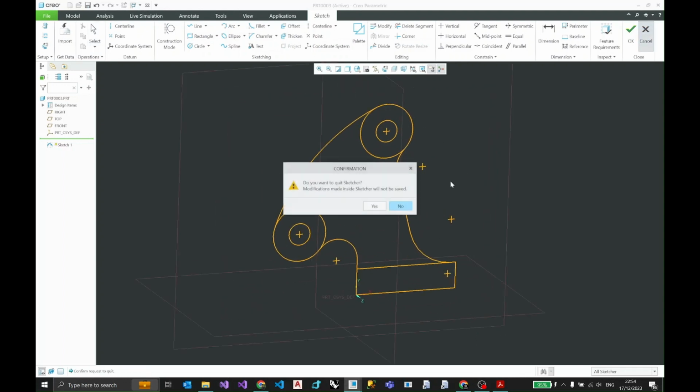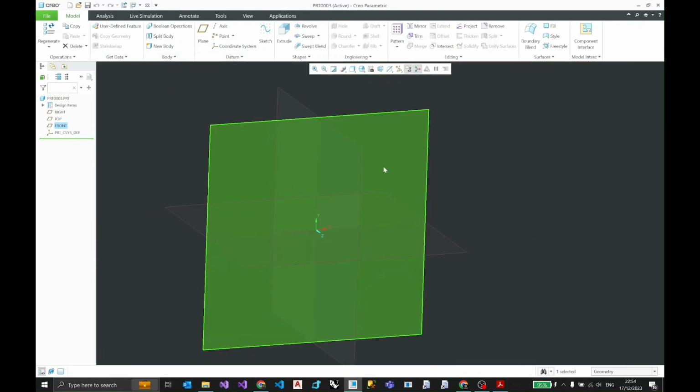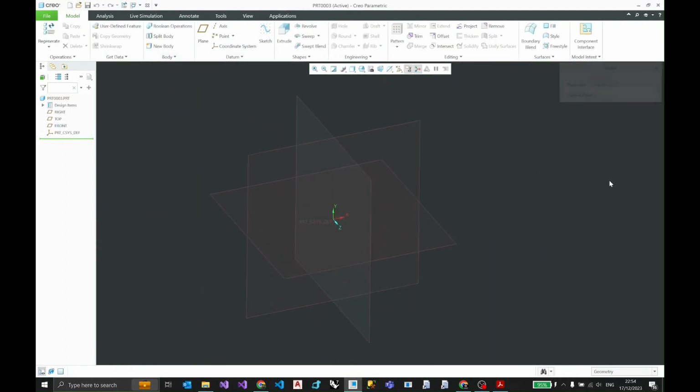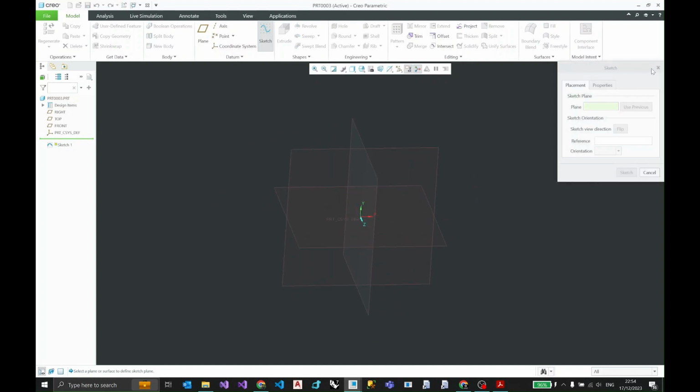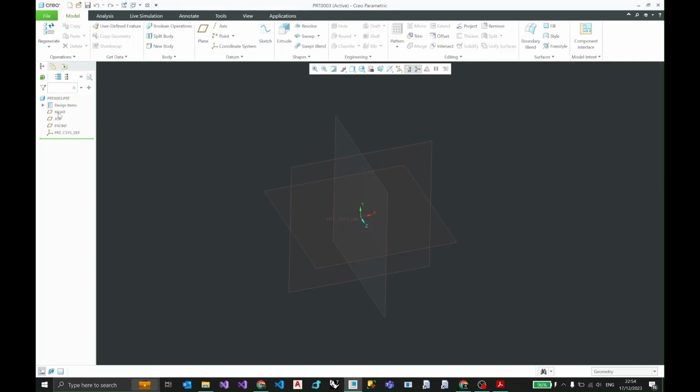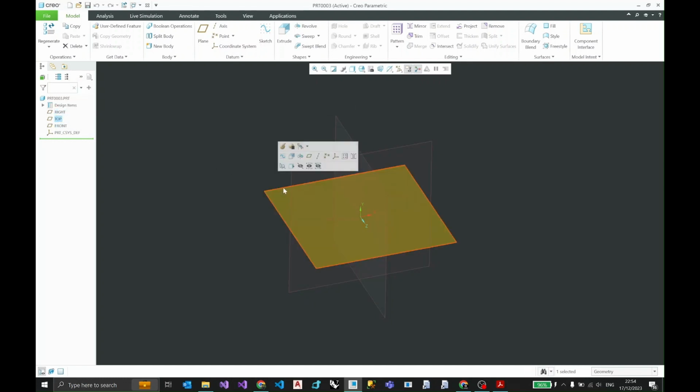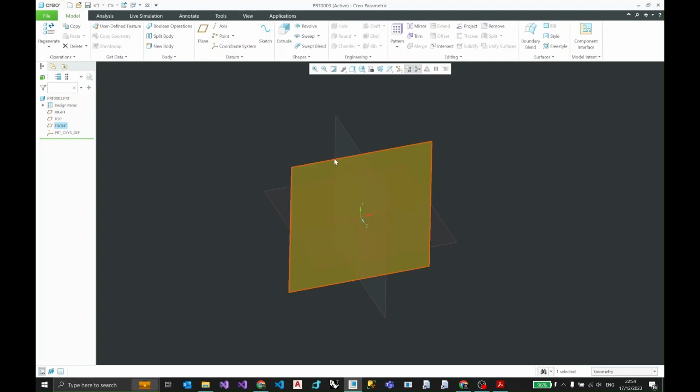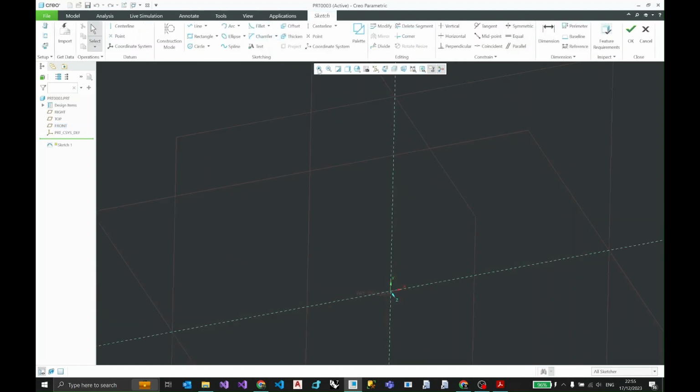So I'm gonna turn this off, and yeah. So when you start Creo Parametric, you're gonna see these 3 planes, which you can see over here, their names, right, top, and front. So whenever you're starting a 2D sketch, you have to choose which plane you're gonna be working with, which is gonna be your working plane. So in this case, I'm gonna choose the front plane. I can select it from here, or I can select it from here as well, or by physically clicking on the plane. So I'm gonna click on the front. I'm gonna select the front plane, and I'm gonna click the sketch button so that I can enter the sketching